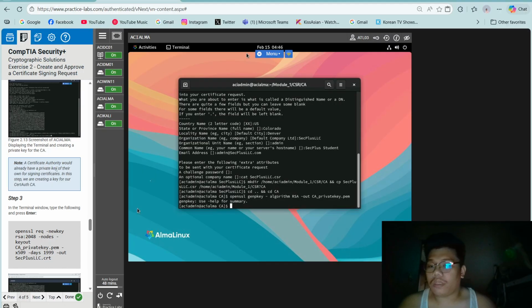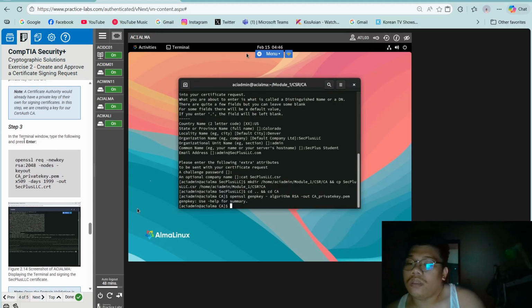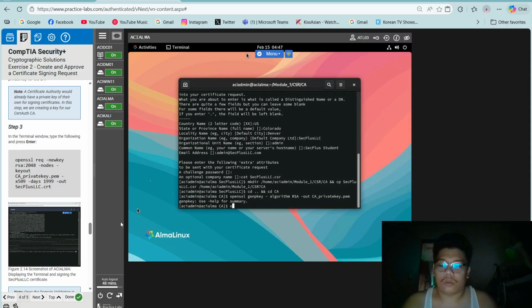A note, a certificate authority would already have a private key of their own for signing certificates. In this step, we are creating a key for our certificate authority or CA. In this terminal window, type the following and press enter. So openssl, right?